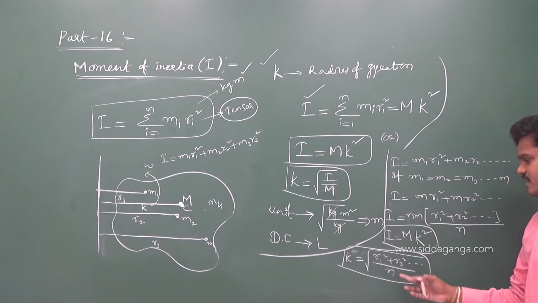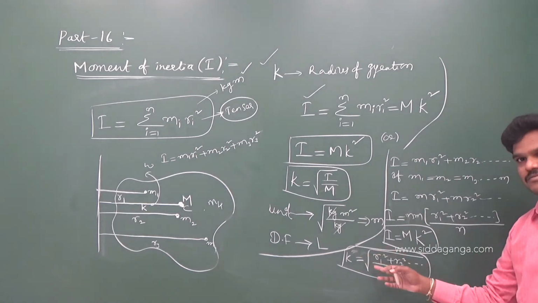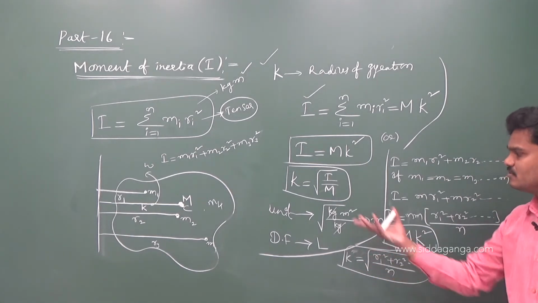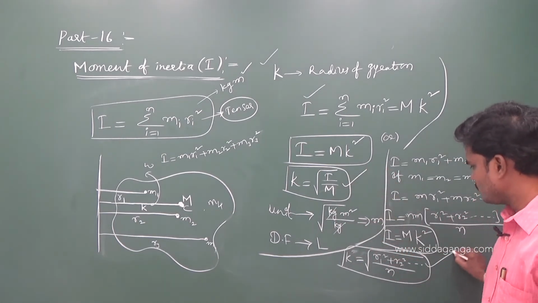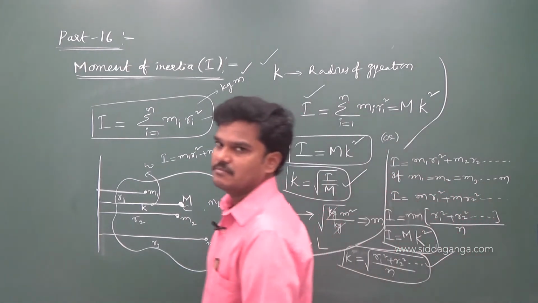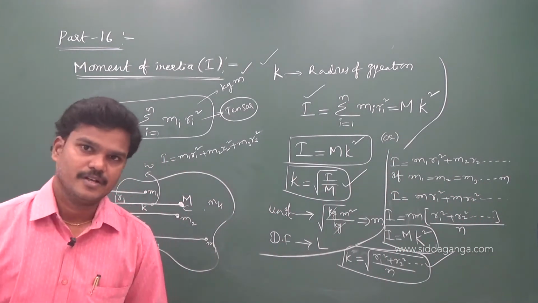Okay, and the unit is very clear. If you take the square outside, r is nothing but meter, so the unit is clear. So you can keep this formula in mind, and this also, helpful in solving some basic level questions.